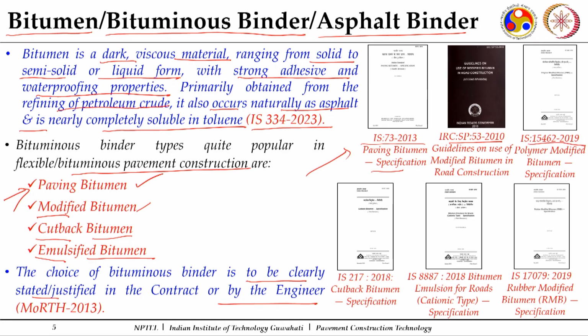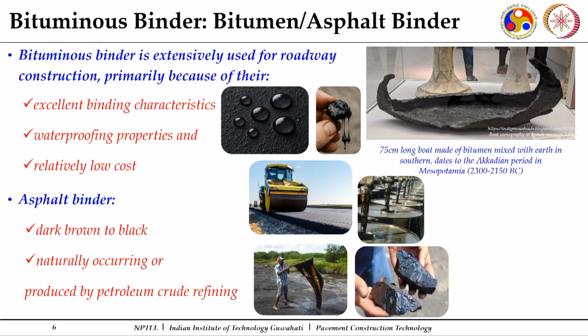IS 15462, again polymer modified bitumen specification. IS 217, cutback bitumen. IS 8887, bitumen emulsion. IS 17079, which is rubber modified bitumen. So, we have different specifications available from BIS as well as MORTH and IRC to refer for these different types